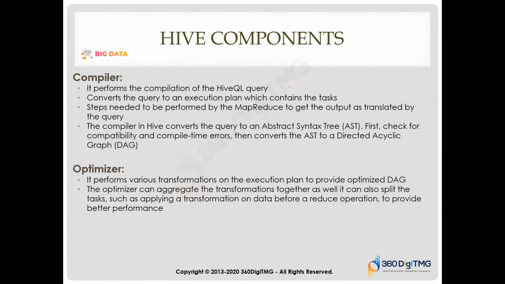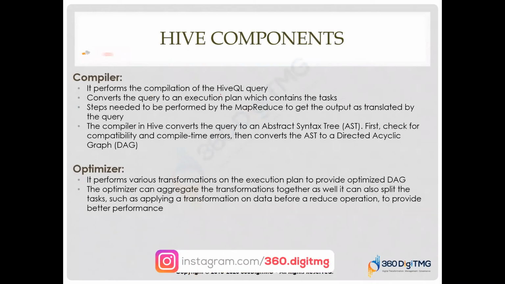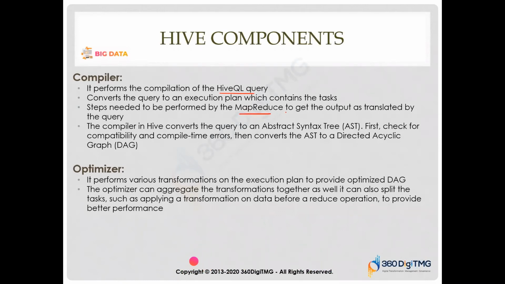Then we have the compiler. Now this compiler basically compiles the Hive queries that you are writing into MapReduce jobs. So Hive, as I said, is a query language. If I talk about SQL, Hive is very similar to SQL. So I'll say select star from table, give the table name. This is a simple query that we can create. Hope everybody understands this query. Select star from table name.